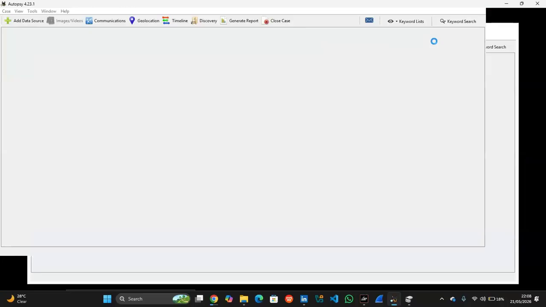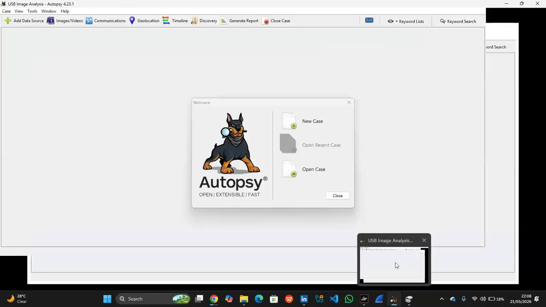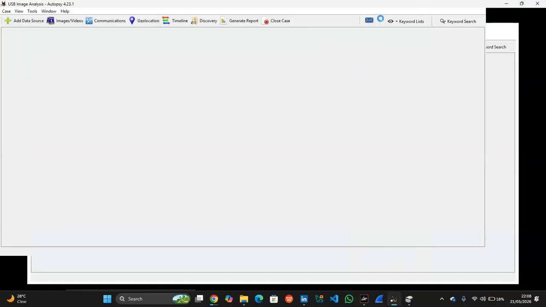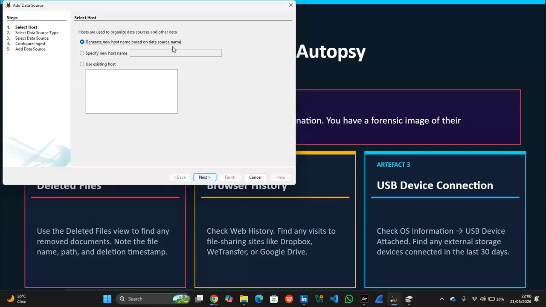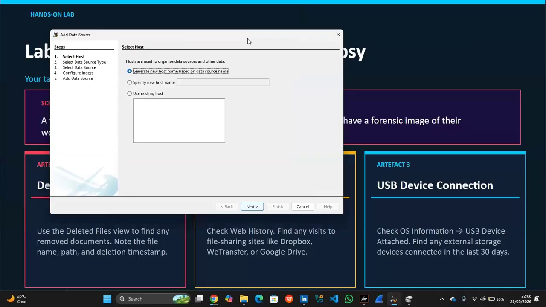All right. So I don't know if you guys can see it because I can't actually expand this. So after that, we actually did some settings while creating the case, like inputting our examiner's name, phone number, and email address, and also the case number and the case name and all this stuff.